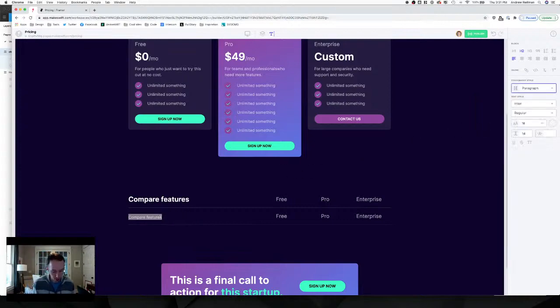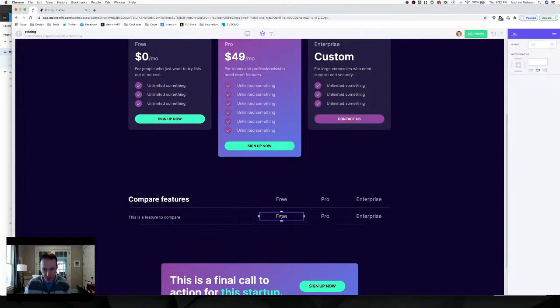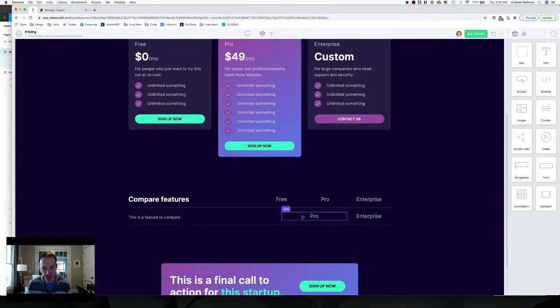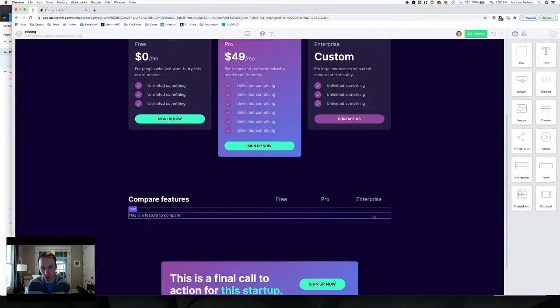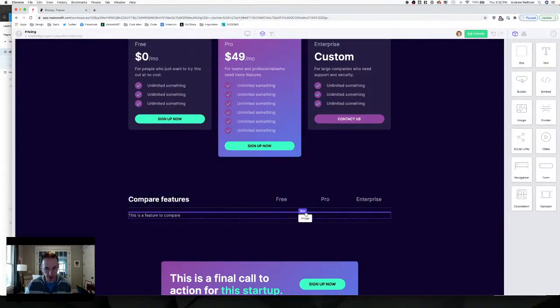And we'll say this is a feature to compare. And we'll just use that for now. And instead of text here, I'm going to go ahead and actually delete these. So I'm going to have to readjust these columns again because I have to delete them. If that's okay. And we're going to take the image, the check mark, and I'm going to paste it